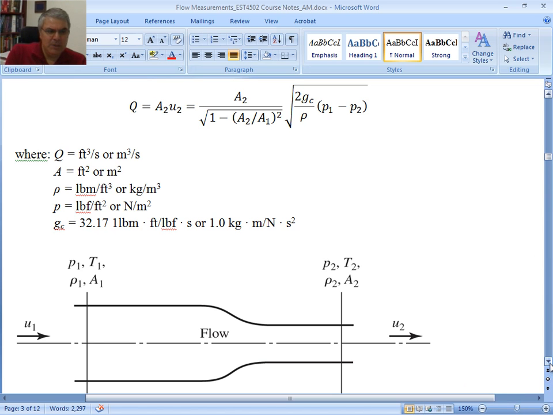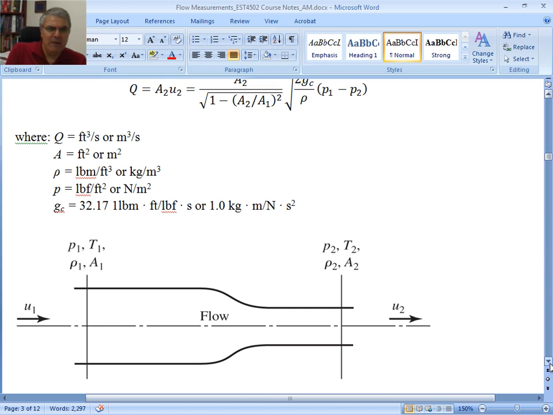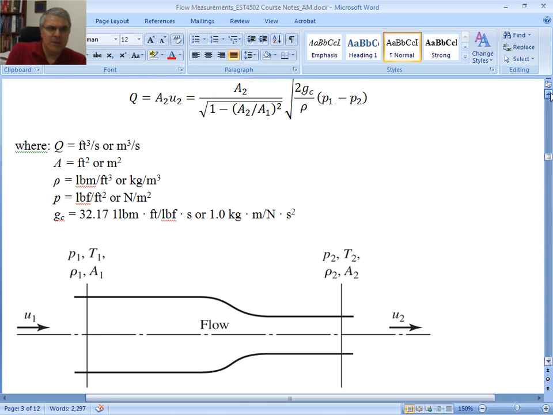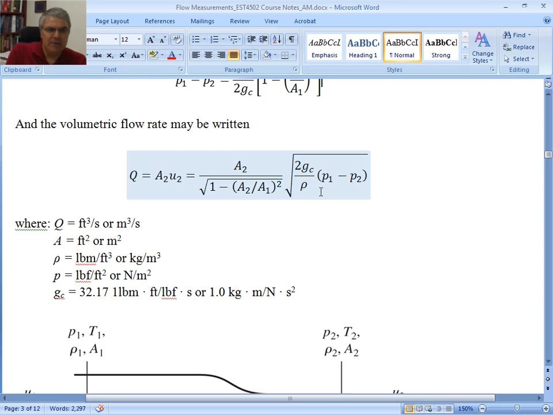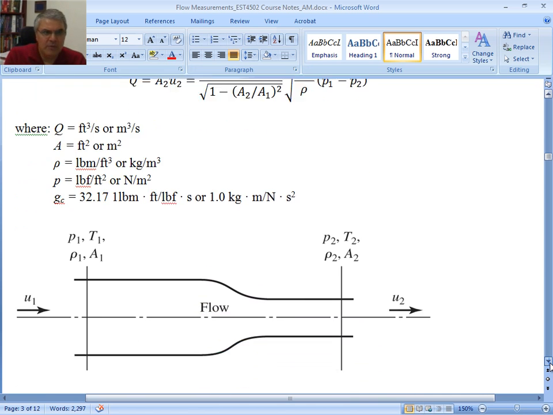we have this equation calculating Q this way. Again, in this equation, the pressure differential is presented here, P1 minus P2, multiply that by G sub C, and we take it from there. So